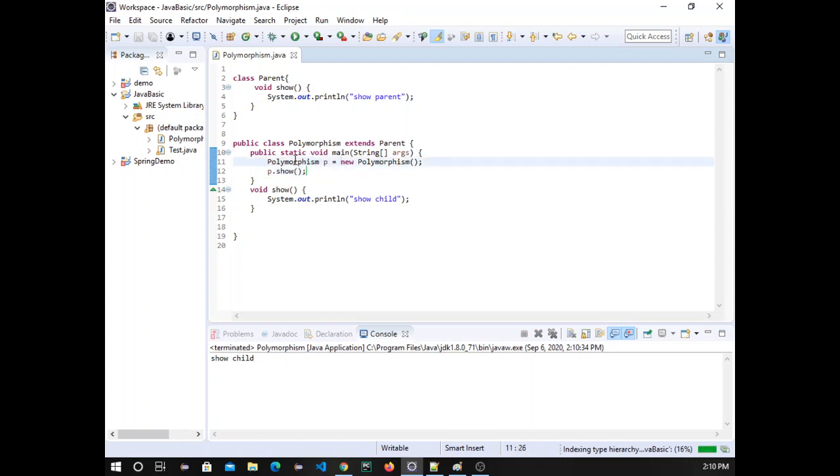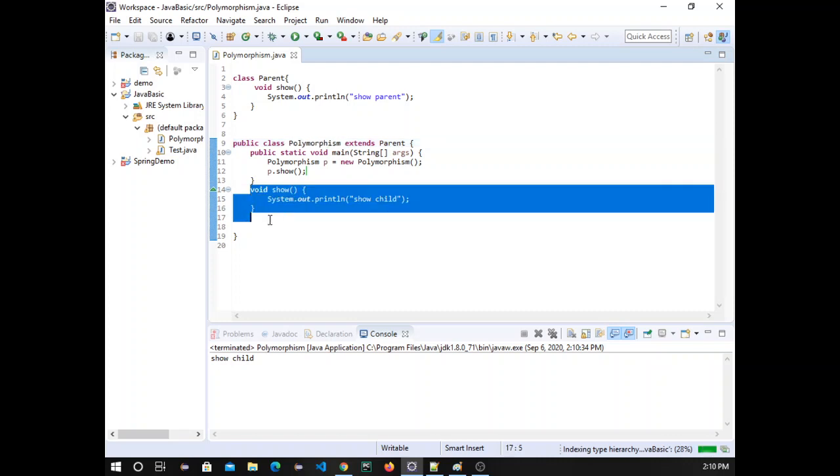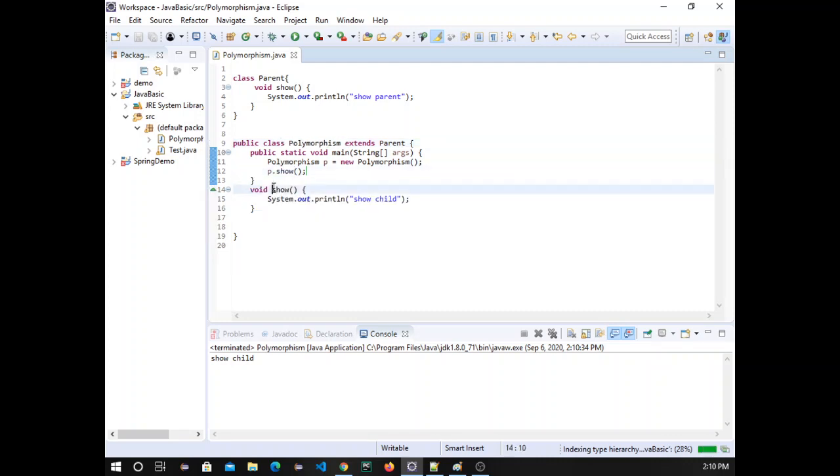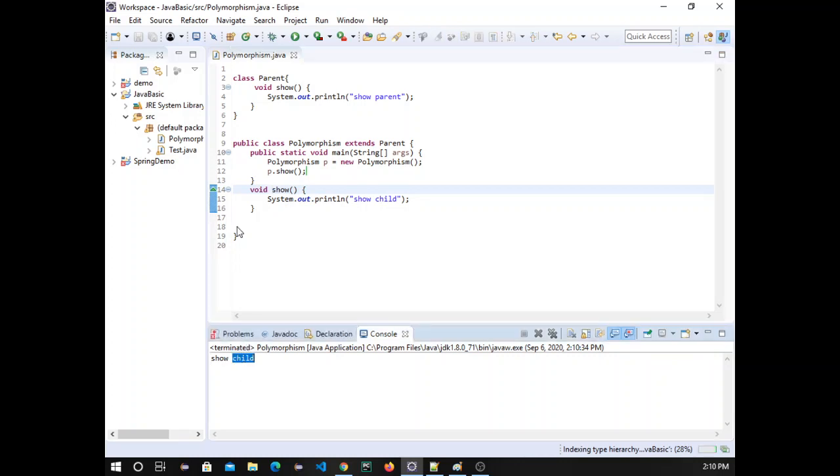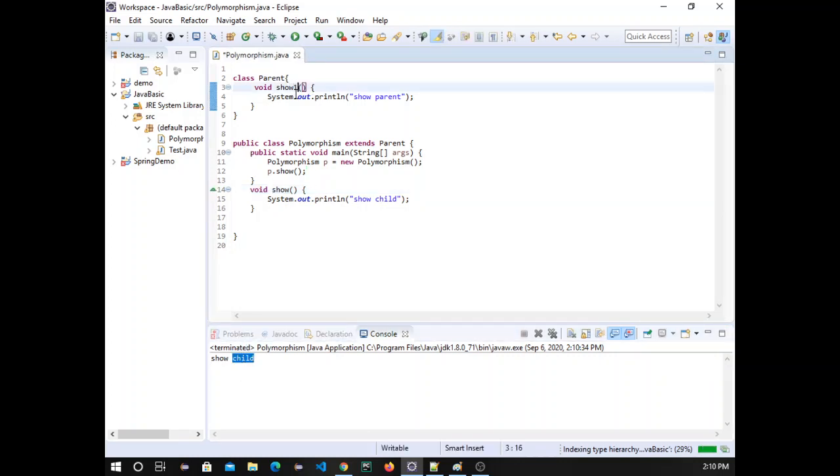Simply we are creating the object of this class and calling the show method. This class has the show method, so it's working fine. Even if we change the name of this function, like show1, as of now it will keep working, there is no problem. This is simple method calling. Till now we are not explaining runtime polymorphism.